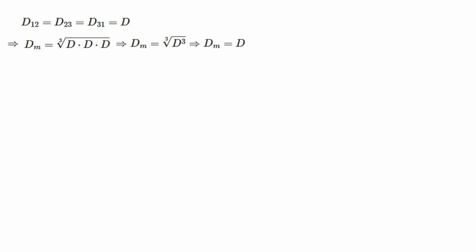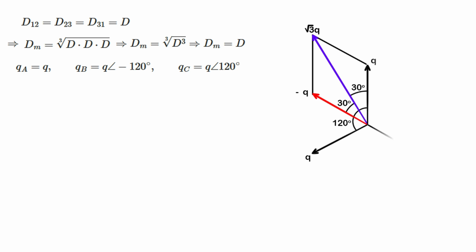Although charge is not a vector quantity, if we consider the balanced currents of a balanced three-phase system, then at any particular instant, the charges can also be represented as vectors, just like current phasors. Therefore, we can write QA equals Q, QB equals Q angle minus 120 degrees, and QC equals Q angle plus 120 degrees. From this phasor representation, if we analyze the geometry, we find that QA minus QB equals root 3 times Q. So, we can use this result in place of QA minus QB. Hence, we can write